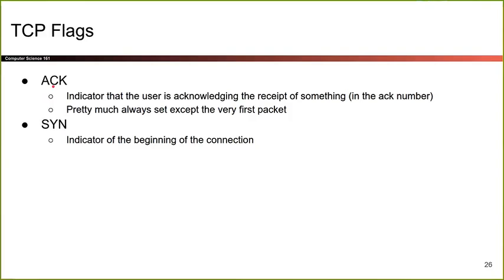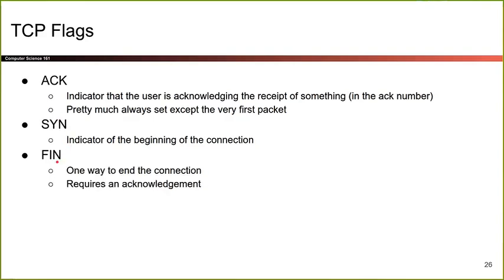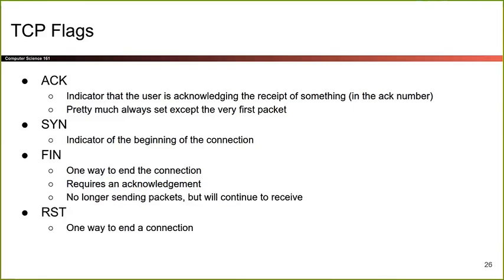So we're doing SYN and we're doing ACK. And the third message is called ACK because the sequence numbers are done, so there's no more SYN, but there is an ACK because I have to acknowledge that the second sequence number has been received. So that's the SYN and the ACK flags. There's the FIN flag, which we saw was one way to end the connection. And we do need to acknowledge the FIN because that's the nice way to end. And the reset flag is the one for emergency stops. So those are the 4 flags that we care about. There are some other ones, but these are the main ones.